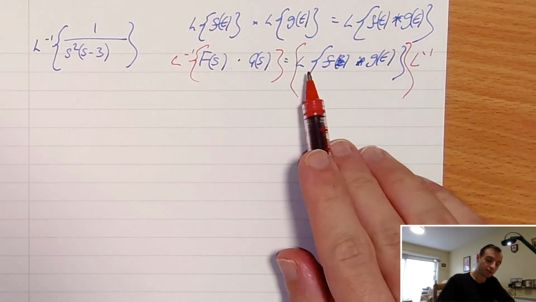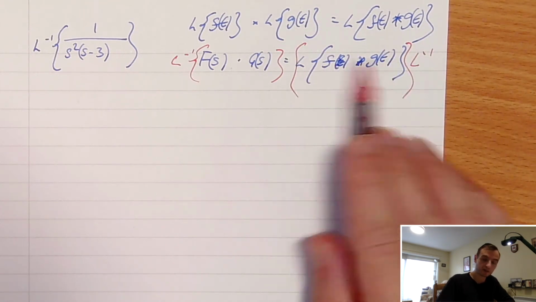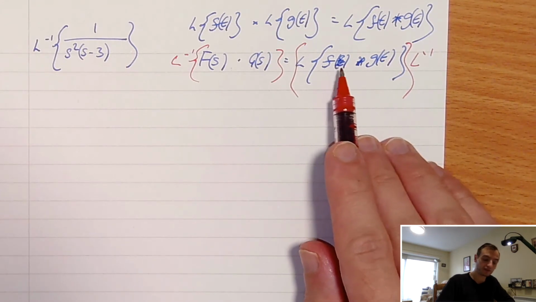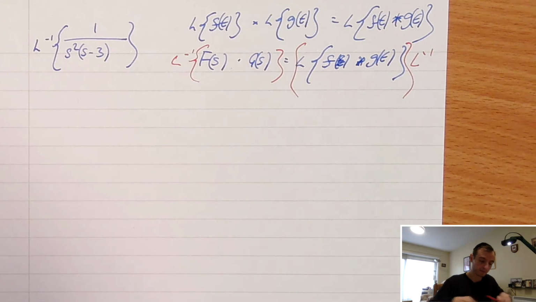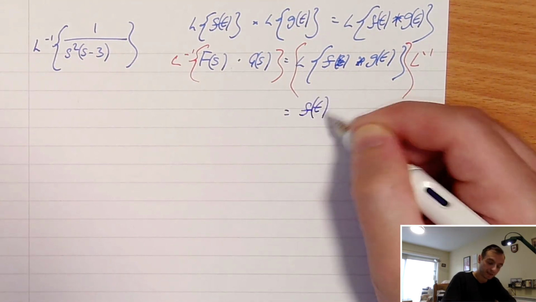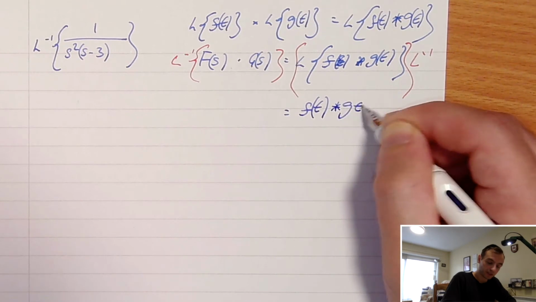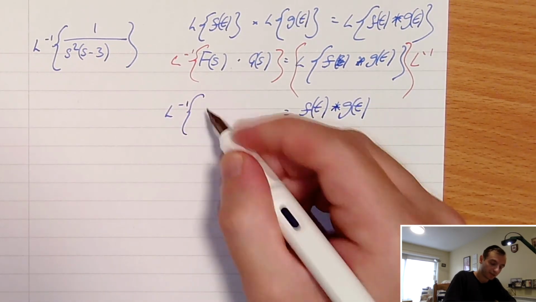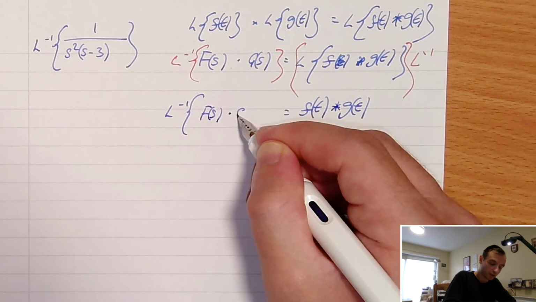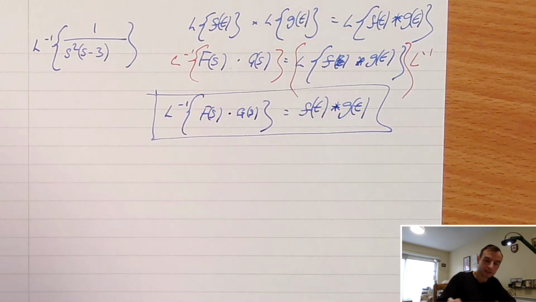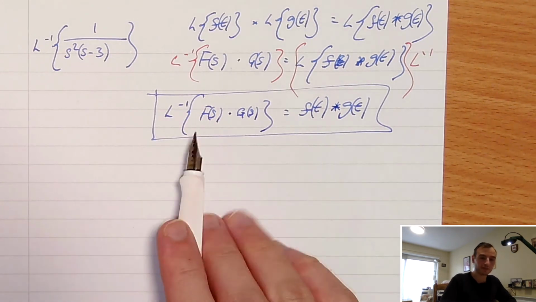And the inverse Laplace transform over the Laplace transform cancels the Laplace operations, so we're just going to be left with the convolution of f(t) and g(t) on the right-hand side. And on the left-hand side, we're going to have the inverse Laplace transform of F(s) dot G(s). And this is the magic bullet when it comes to inverse Laplace transforms that are very difficult to solve,